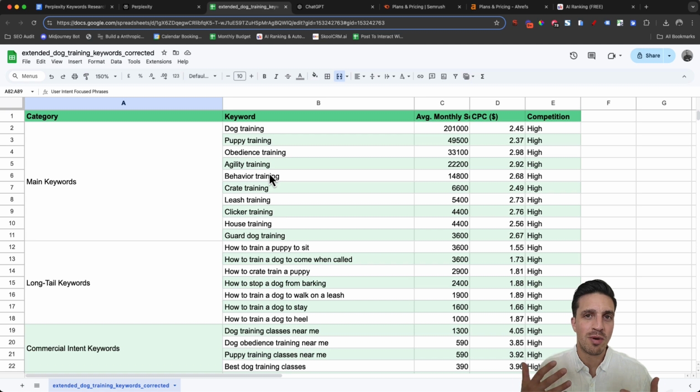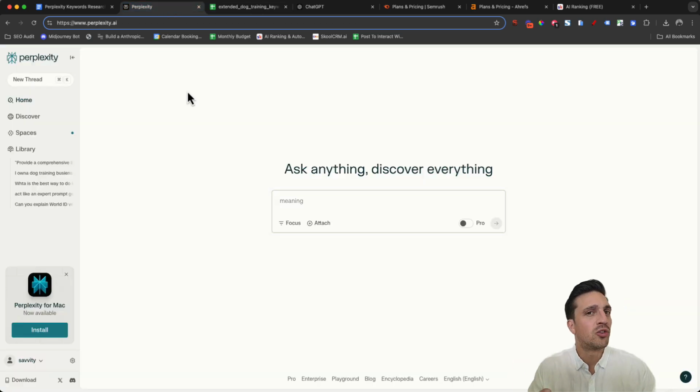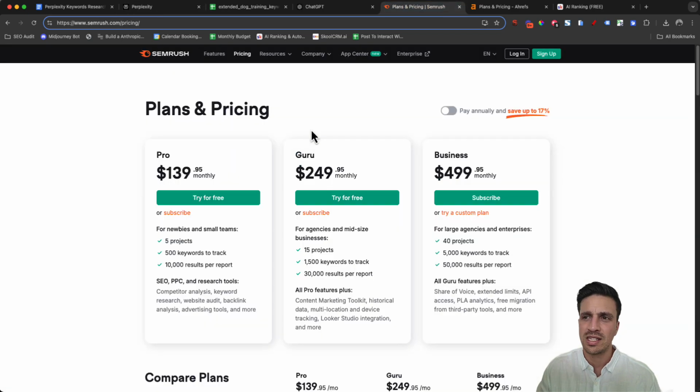Why do we want to do this with Perplexity? Well, Perplexity is an AI-powered search engine, and AI-powered search engines are the future of SEO, whether that is with GPT search or Google's SGE, their AI results. Since search engines are going to start looking a lot more like Perplexity, why not use this tool for keyword research as well? And to be honest, the alternative is using extremely expensive and slightly outdated tools like SEMrush,